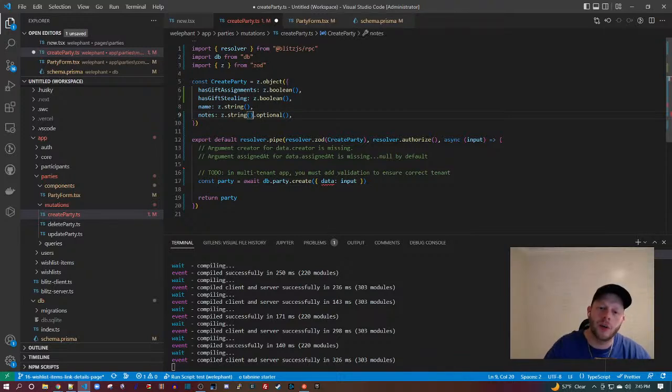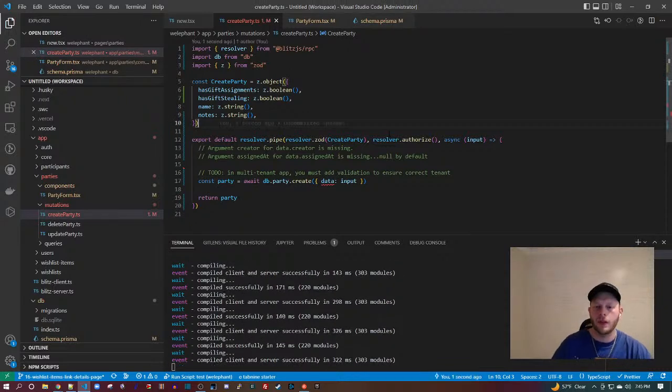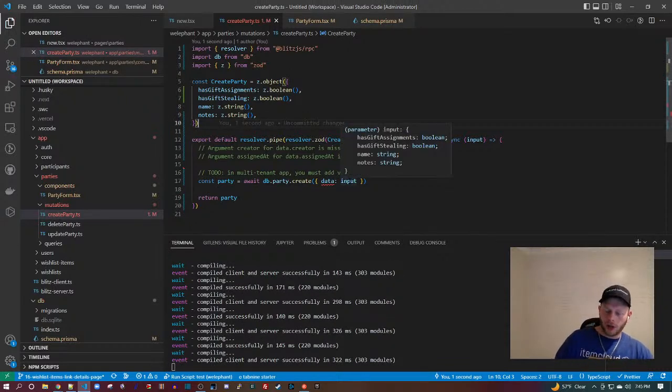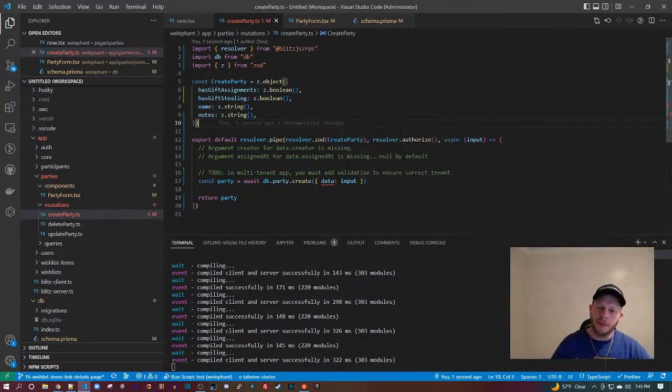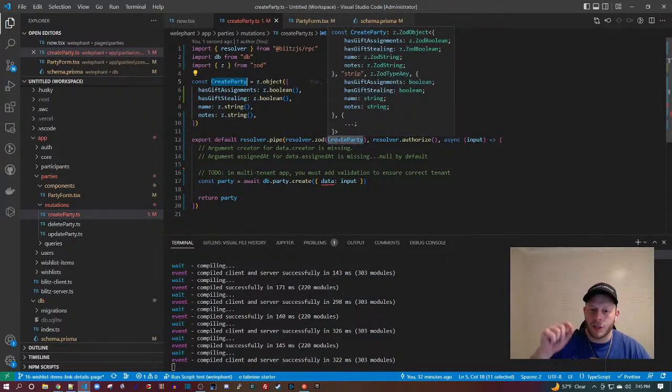I'm going to say that notes is not optional because I think it's going to receive an empty string anyway. Now, I'm hovering over here and we can see that the type has been passed through. So I updated this Zod object, so you can see import Z from Zod. We're creating the party Zod object. You see how everything is explicit?